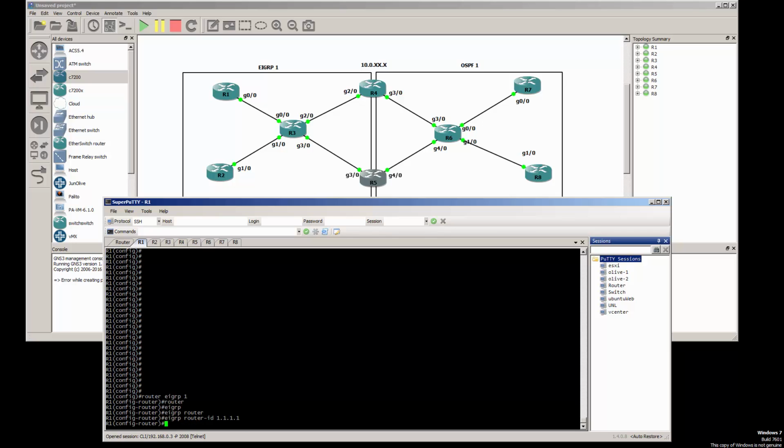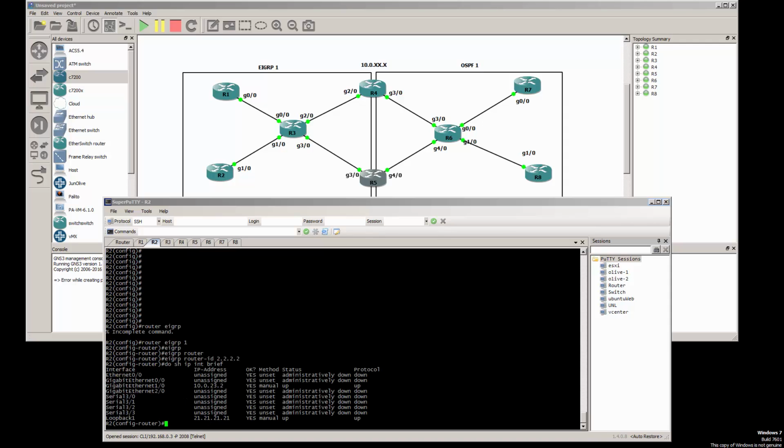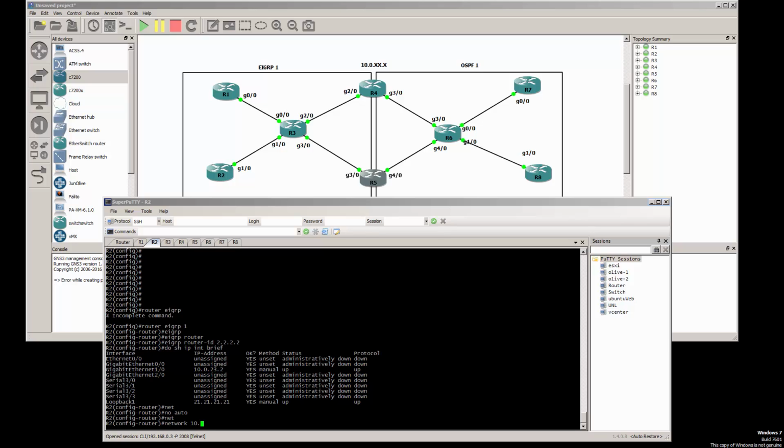And auto network 0.0.0.0, and then router 2, router EIGRP, oops, router ID, and on this one we're gonna say, let me see, yes, so the loopback. So we're gonna say no auto and network